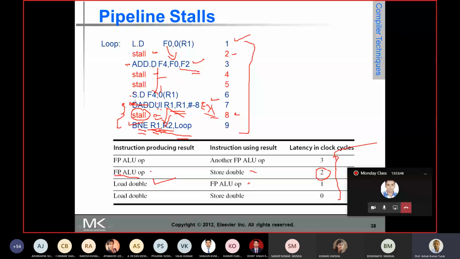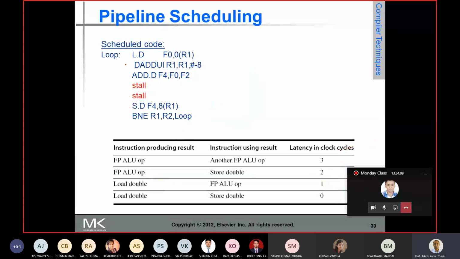Now once you schedule these instructions, you may have to make some modifications to the offset. And the compiler can schedule these instructions because scheduling is not going to affect the result. So let's schedule this instruction. Now let's schedule this one. So let's look at